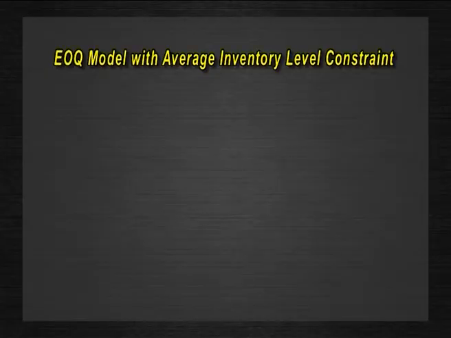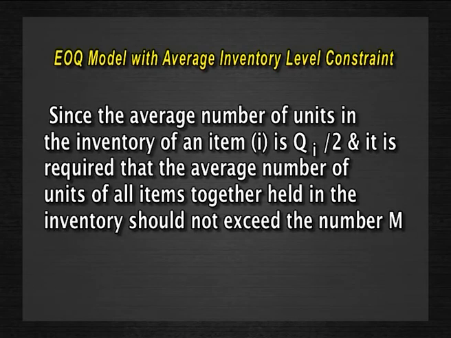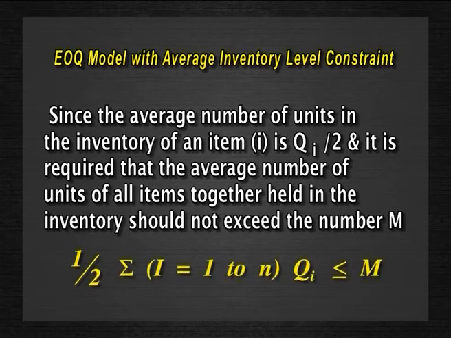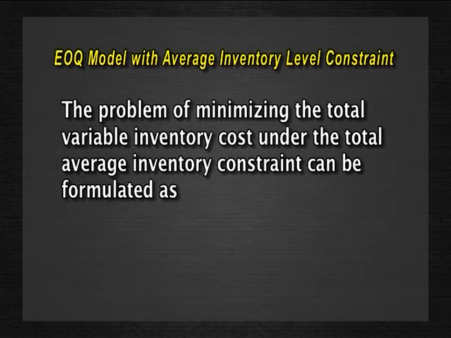Now coming to the EOQ model with average inventory level constraint. Since the average number of units in the inventory of an item i is Qi by 2, and it is required that the average number of units of all items together held in the inventory should not exceed the number m, therefore, we must have half into sigma of i equal to 1 to n, qi less than or equal to m. The problem of minimizing the total variable inventory cost under the total average inventory constraint can be formulated